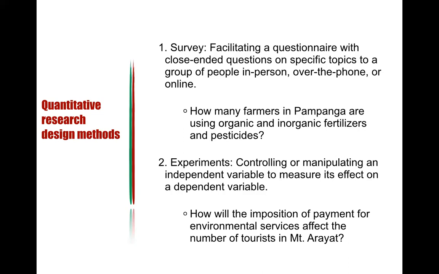Ibig sabihin, wala kang criteria. It's like drawing, say, you have a fishbowl, and you put all the names there, tapos you just pick them randomly, then that's basically randomization. Wala kang pattern. Wala kang iniisip na criteria in drawing your sample from the population. So that basically eliminates the bias.